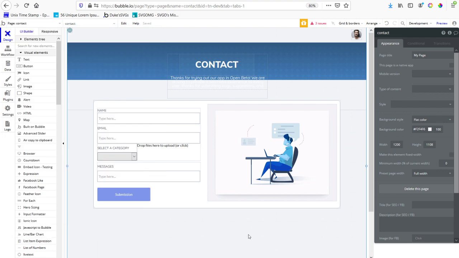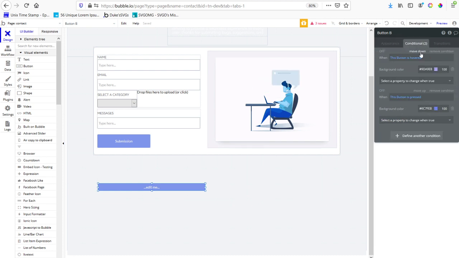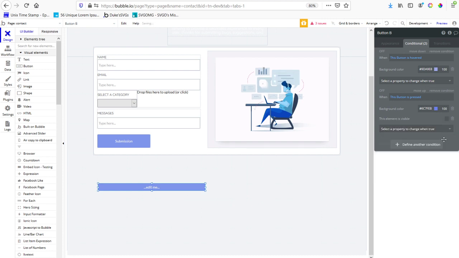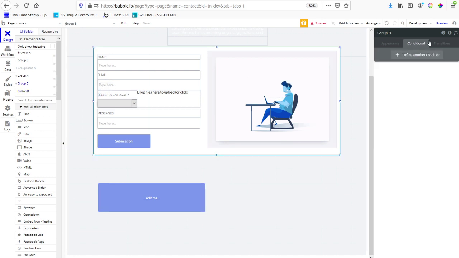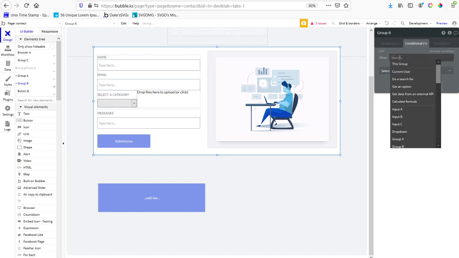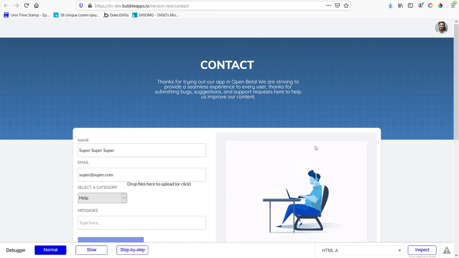I noticed that some people like to do this here button, okay, visible on page load, okay. And then they go, if something, then this element is visible false, okay. I like to do it backwards. We could talk about the trade-offs. Kind of important. When you first load a page in Bubble, all of the elements that are hidden on page load, if I go like this and I go not visible on page load, and when page is loaded, entire is yes, this element is visible, you're going to see it looks almost exactly the same. There's the page and it popped in like a hair of a second later,